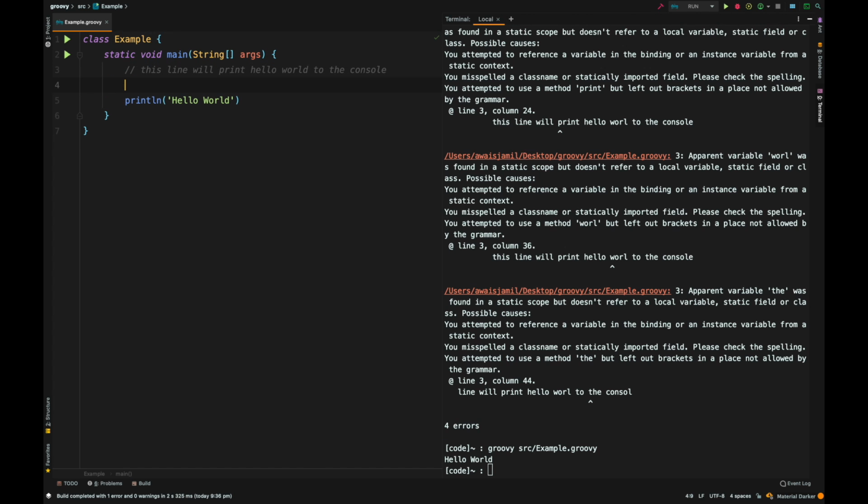I'm going to show you how you define multi-line comments. The way you define multi-line comments in Groovy is by /*, and then you press enter, and IntelliJ is smart enough to finish that for me automatically. So I'm going to say this is the multi-line